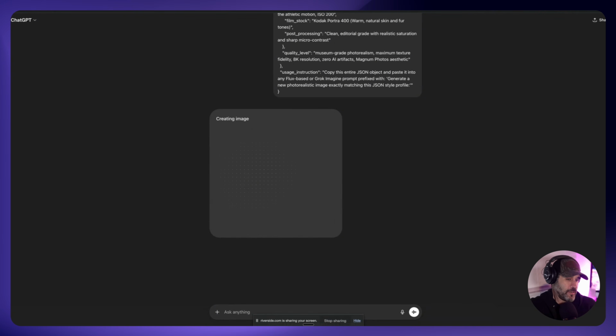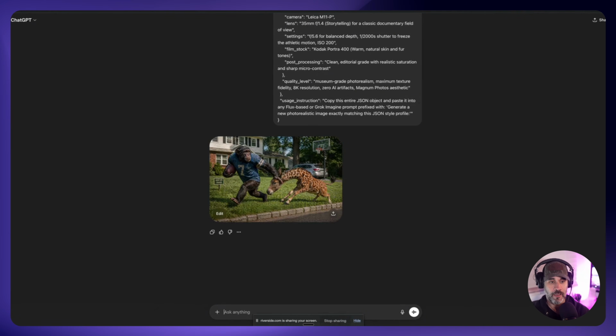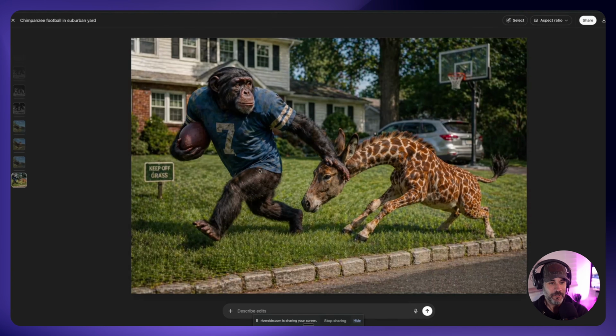Now, this is a little bit of a strange prompt. I wanted to add something in there that's a little bit strange, which is the miniature donkey giraffe creature, to see if it will create not only a donkey giraffe creature, but also make it a miniature. Which it did. And not only are they playing football, but he's actually in an actual jersey. Keep off the grass. They are not listening to the rules. So it is a miniature donkey giraffe that we see here, and the fur and everything like that looks really, really good.